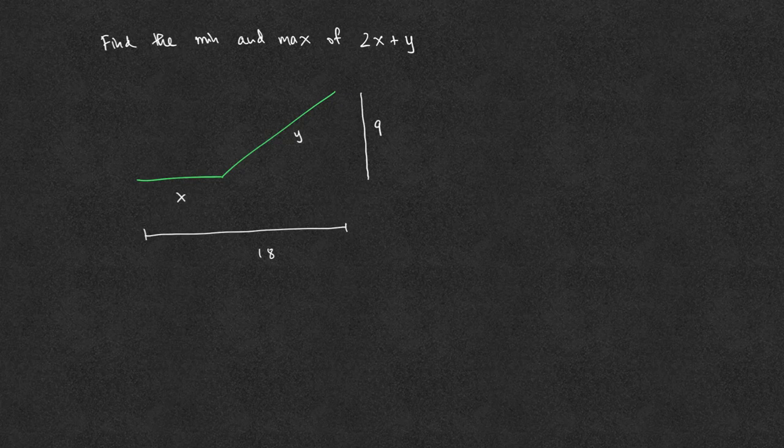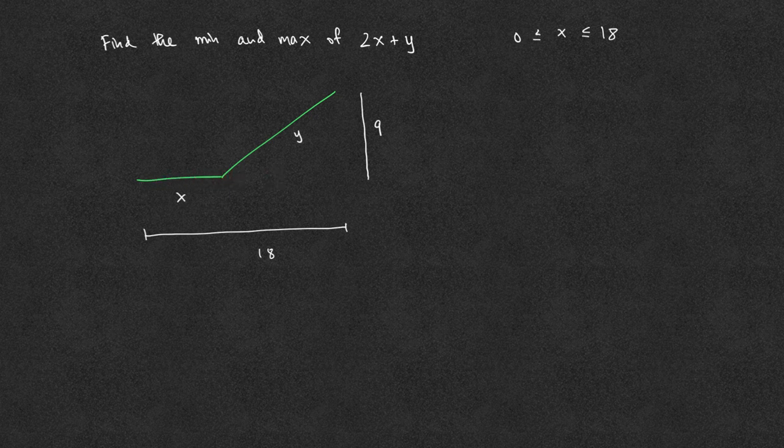Find the minimum and the maximum value of 2x plus y, where x and y are the lengths in this figure, always not drawn to scale, and 0 is less than or equal to x, less than or equal to 18. Even though we are given only one figure, one picture, we assume that we can choose any length x up